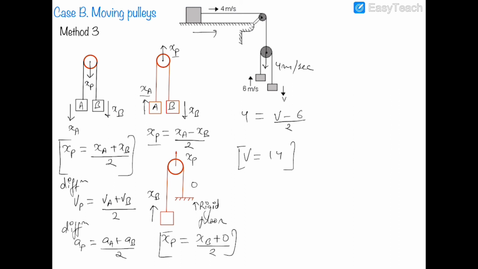Okay, now we have already done this question by method 1 and method 2, and if we remember the answer, it was 14 meters per second itself, and hence you can see that we have got the answer in a single line. So this is by far the shortest method which I have demonstrated to you. Now let us move on to the next question.